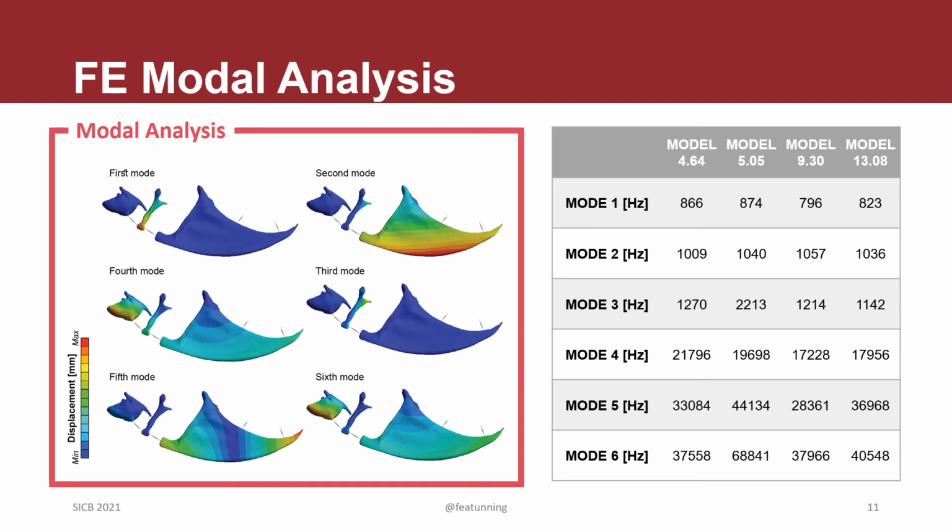We also observed how the voxel resolution affects the FEA outputs of the hearing system. Given the modal analysis is mathematically mandatory before the harmonic analysis, it was performed first. The table reports the first 6 modes of vibration for each model obtained in the modal analysis. There are only minor differences in the first 2 modes among all the models, but substantial differences between models in modes 3, 4, 5, and 6. It is worth mentioning that our previous work stated that only the first 3 modes are important for studying the hearing response. So let's see how they affect the harmonic analysis.